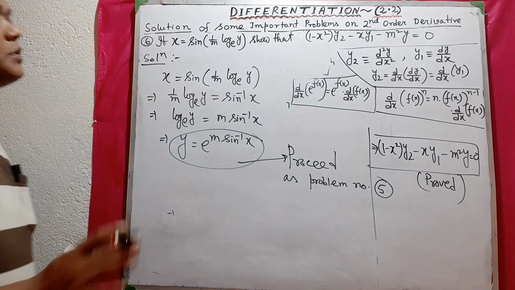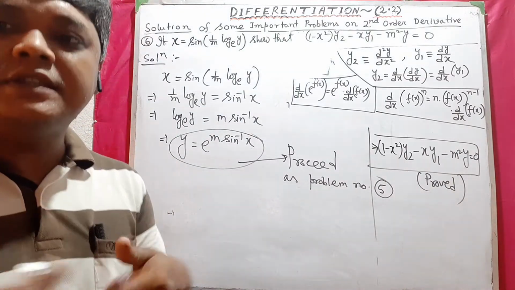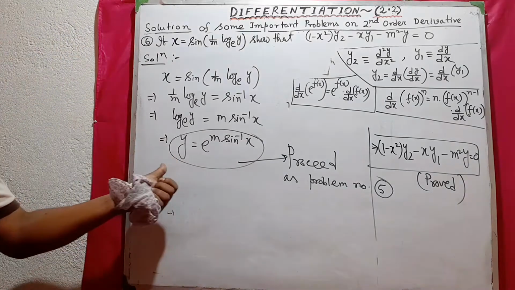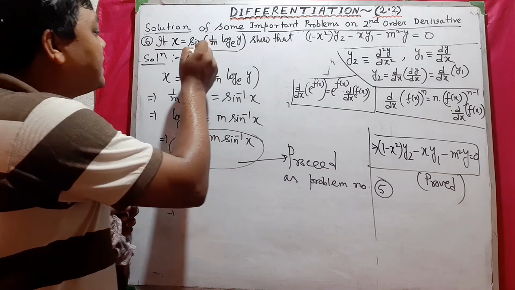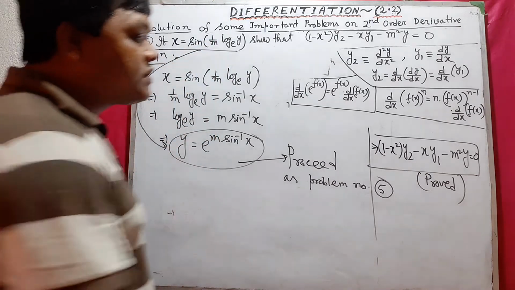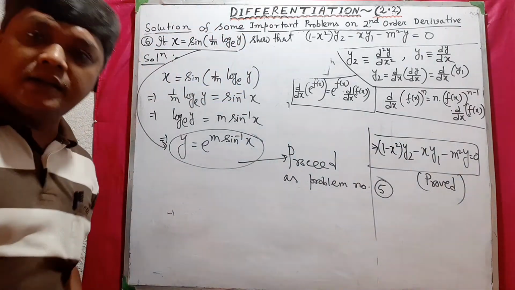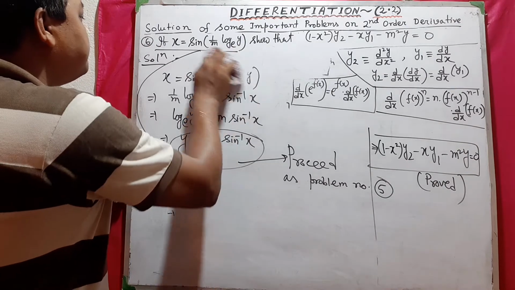সো 5 নম্বর প্রবলেমের মধ্যে প্রসিড করব। তাহলে বেসিক্যালি সেম প্রবলেম, একটু এক্সপ্রেশনটাকে তোমাকে ঘুরিয়ে দিয়েছি যাতে তুমি ঘাবড়ে যাও। ওকে, তাহলে y equals e to the power m sin inverse x তুমি ইজিলি সলভ করতে পারো, কারণ প্রবলেমটা এই জায়গায় ম্যাচ করেছে। এর আগেই এই প্রবলেমটা সলভ করে দিয়েছি এবং দেখো সেম রেজাল্ট, সেম প্রুফ করতে দিয়েছি। ক্লিয়ার? তো নেক্সট আমরা 7 নম্বর প্রবলেমে যাব।